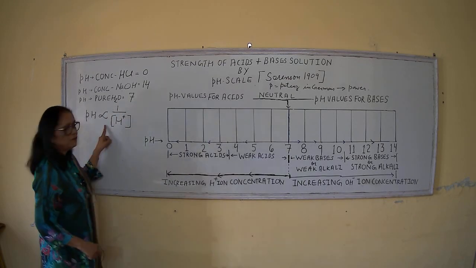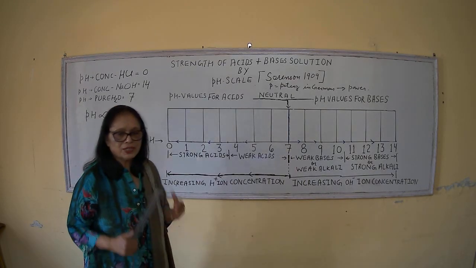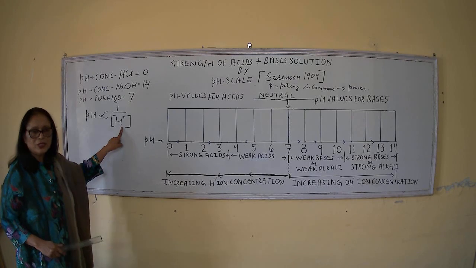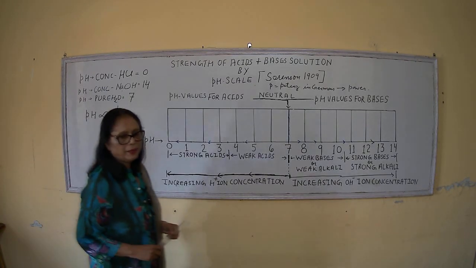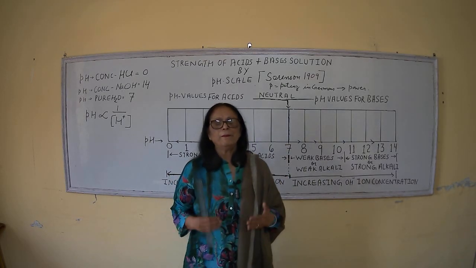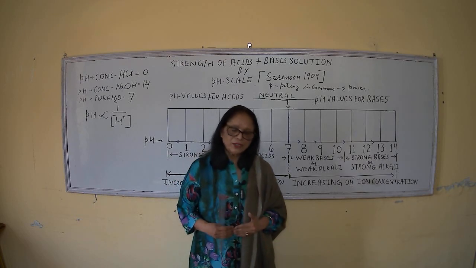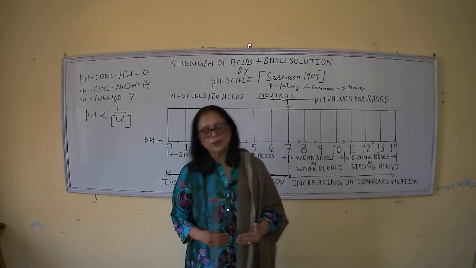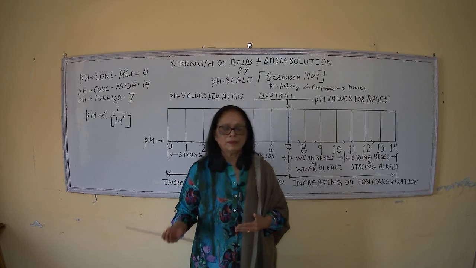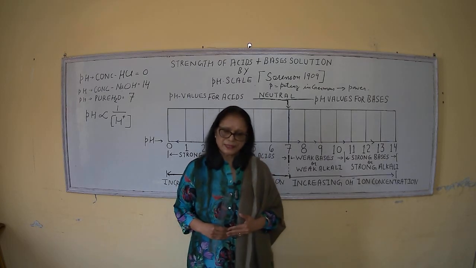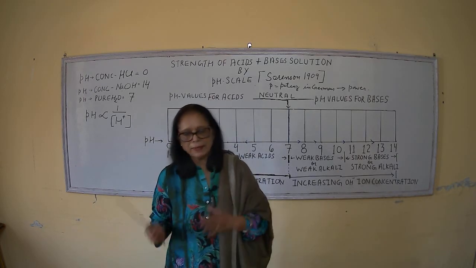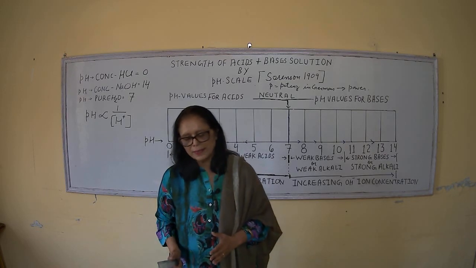We are using this formula to decide the power or strength of an acid, and this formula is: pH is inversely proportional to the concentration of hydrogen ion. What does it mean? If you increase the concentration of hydrogen ion, the solution will become more and more acidic, and if we decrease the concentration of hydrogen ion, then the solution will become less acidic, or sometimes not acidic, it will become neutral or basic in nature. So the pH scale decides whether the given solution is acidic or basic, how much acidic, how much basic in nature.